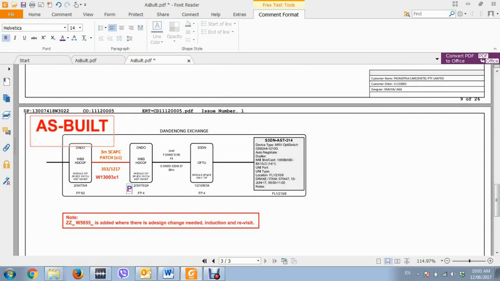So here we can find a patch code between two ODFs. How will we count? We'll start from here. We'll write P. This is the easiest method to count the patches and splices within a line system and do it correctly from the first time without needing to make any modifications after that. At the end of the patch code we will write P as well. Then here this is the last point in the exchange,